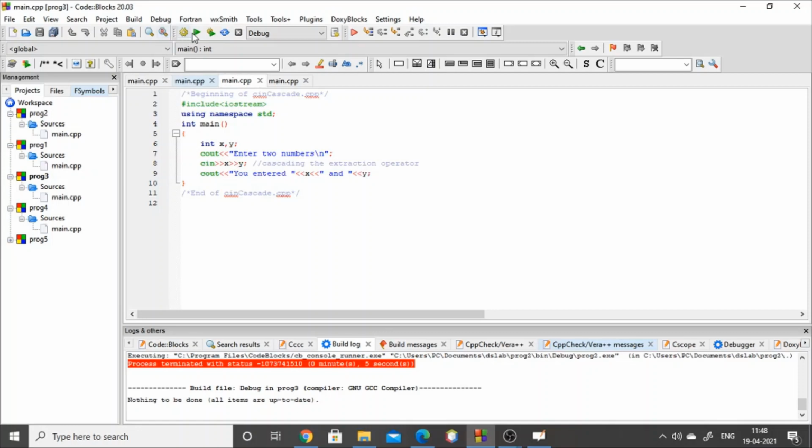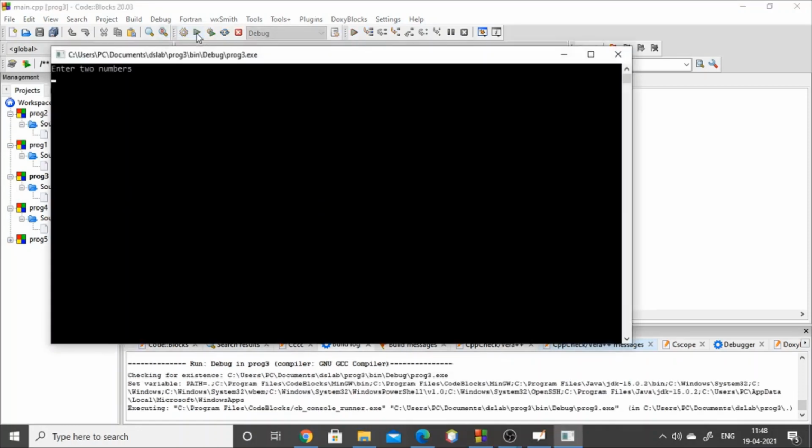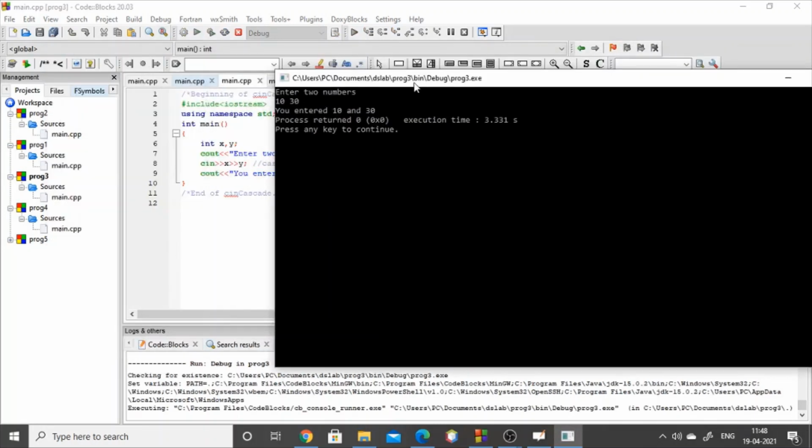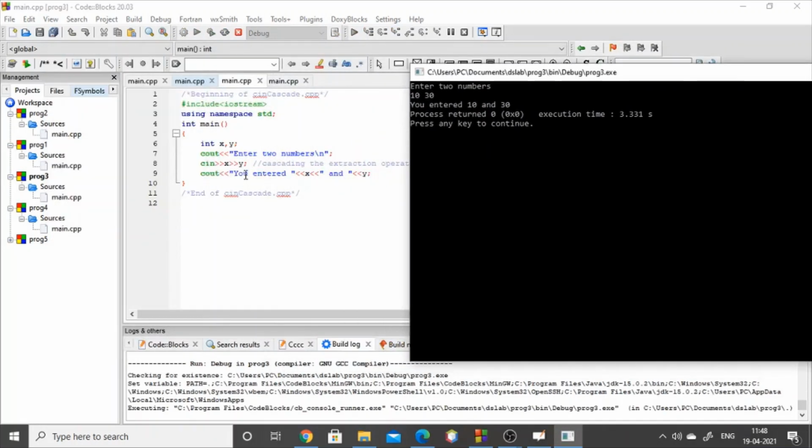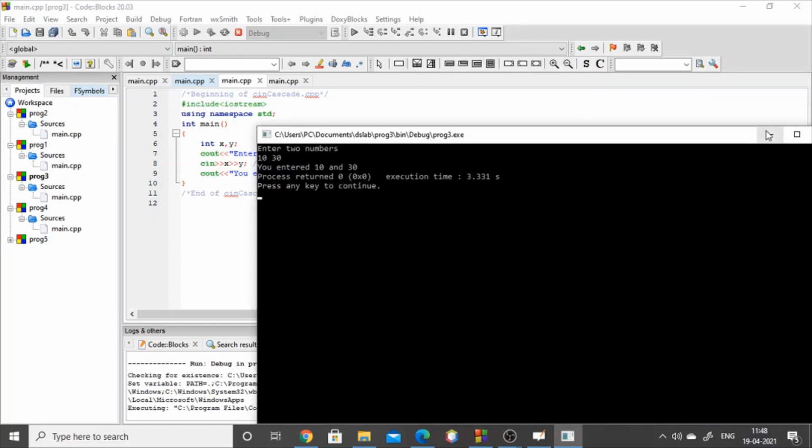So just let us run. It will ask you to enter two numbers. Let us enter 10 and 30. You can see whatever you have written here: it came "Enter two numbers". Cin reads two numbers from the keyboard, 10 and 30. Cout displays that you have entered 10 and 30. So this is regarding the